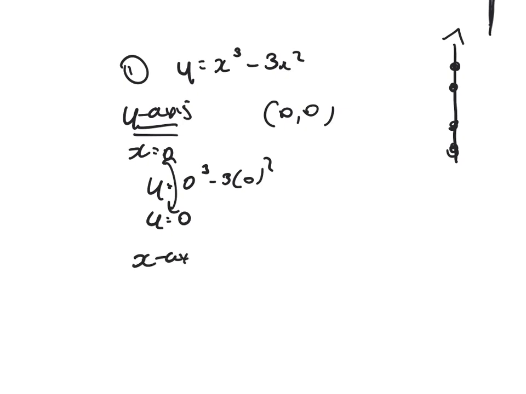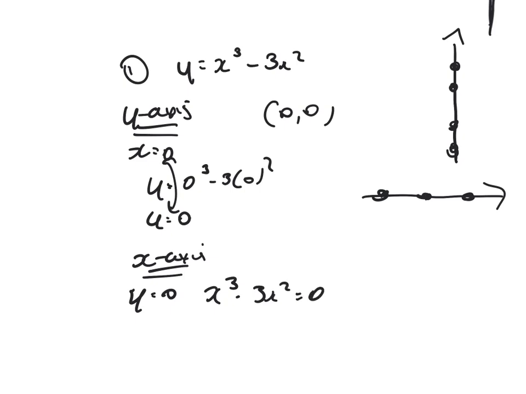Let's now try the x-axis. And what's always true on the x-axis? Well, this time y is always equal to 0. And let's note that. So x cubed minus 3x squared is equal to 0. Common factor of x squared, bracket x minus 3 is equal to 0. So we've got x squared equals 0, or x minus 3 is equal to 0, which is x equals 0